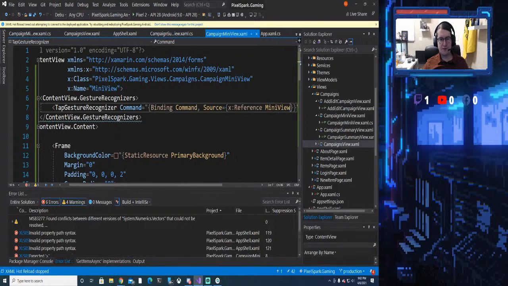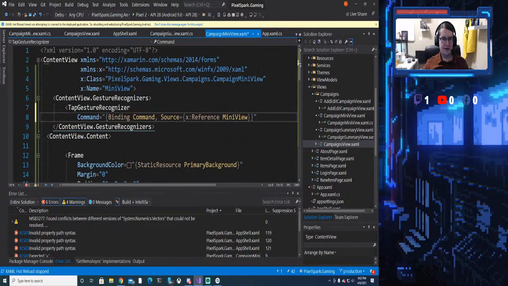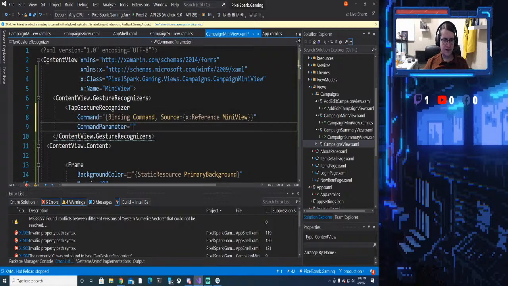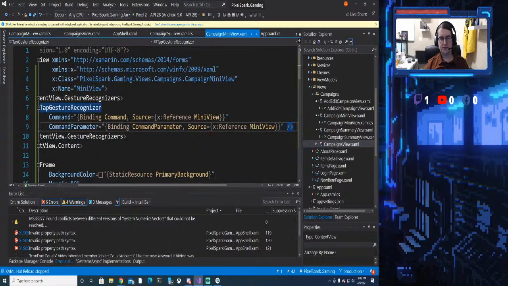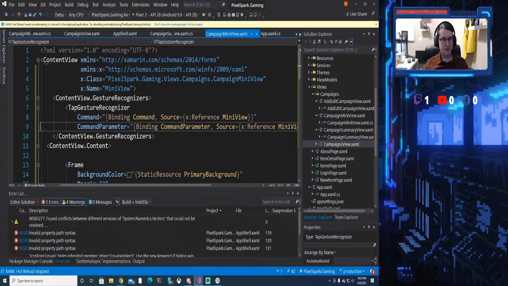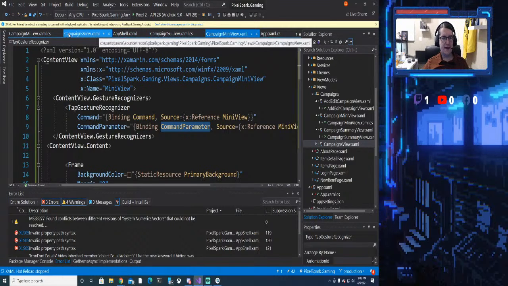So we're referencing the ManyView as our source because we're not using a binding context. Command parameter. Nope, I want a command parameter. So this is basically binding to itself. So, okay, we've got that down. We're binding to ourselves command and command parameter. So this should work